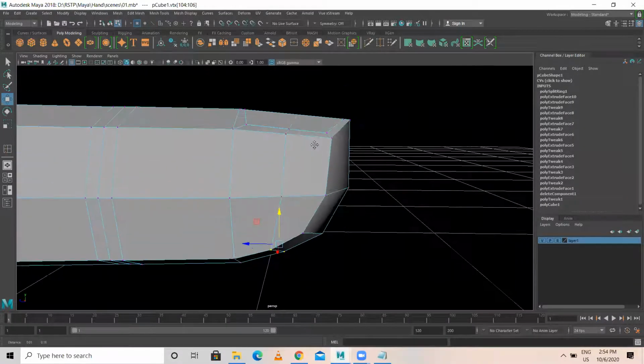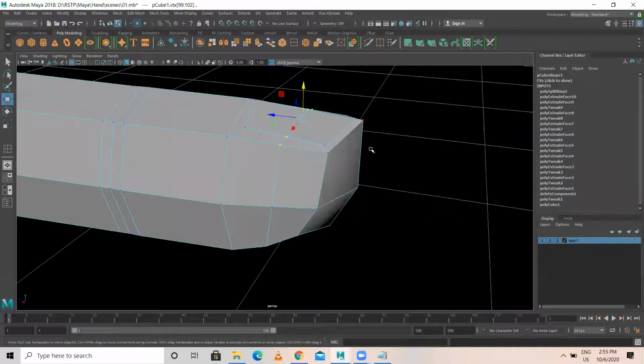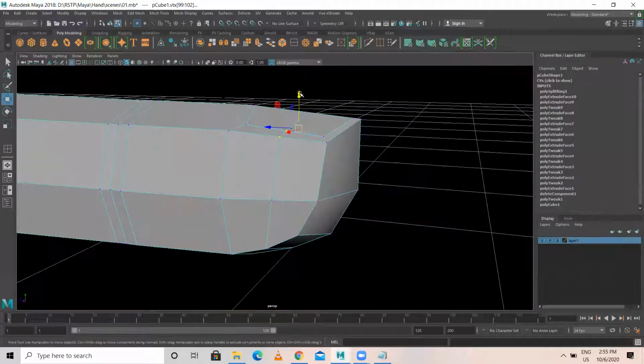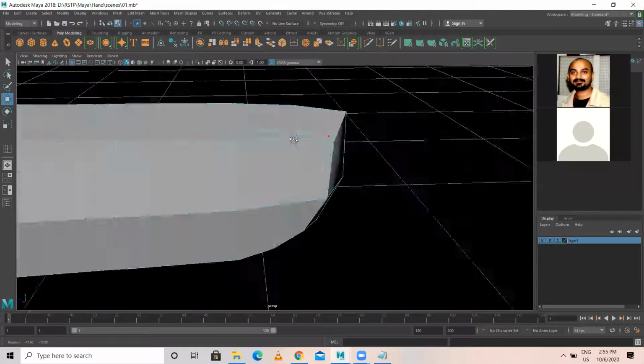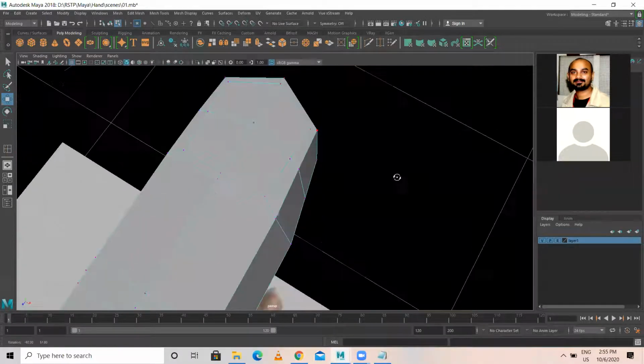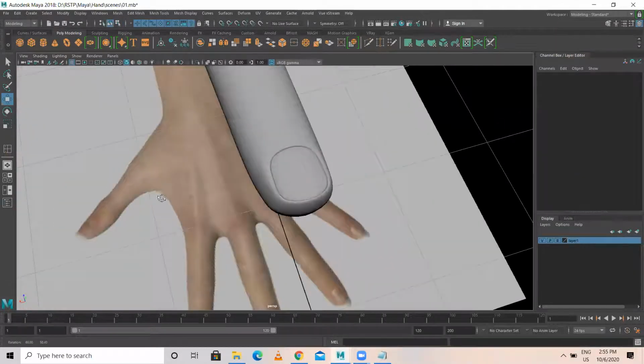Something like this. Got it? Yes, sir. So press 3, you get an output, something like this.